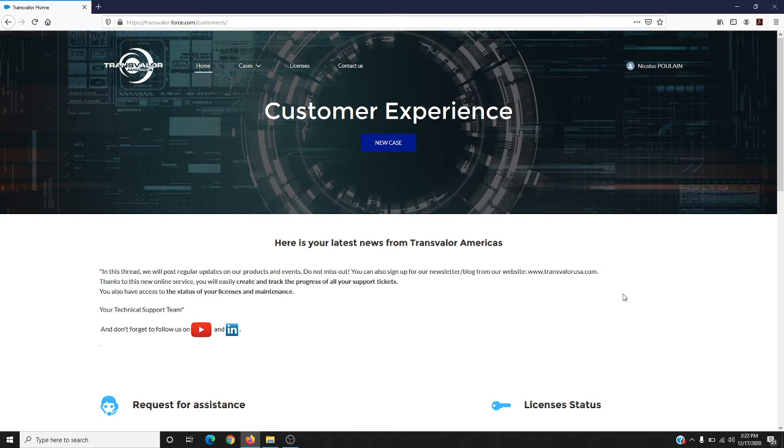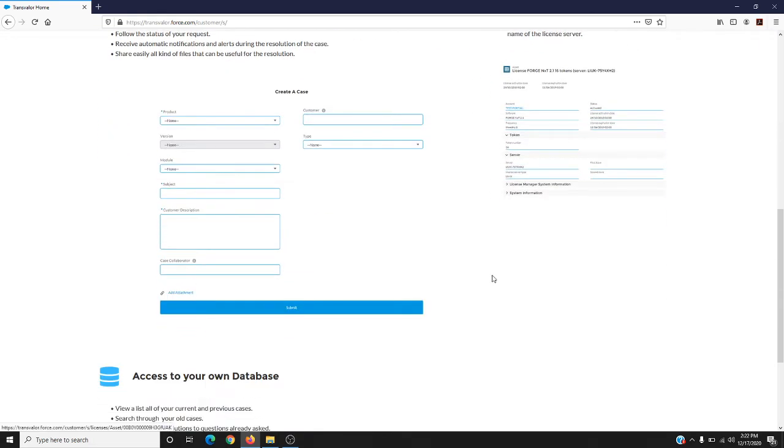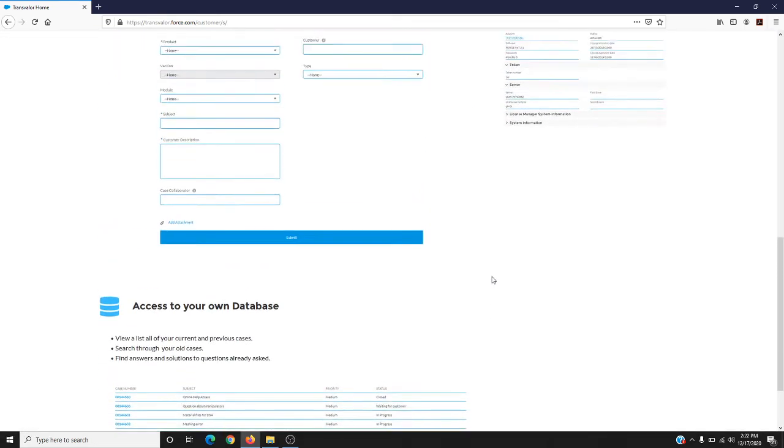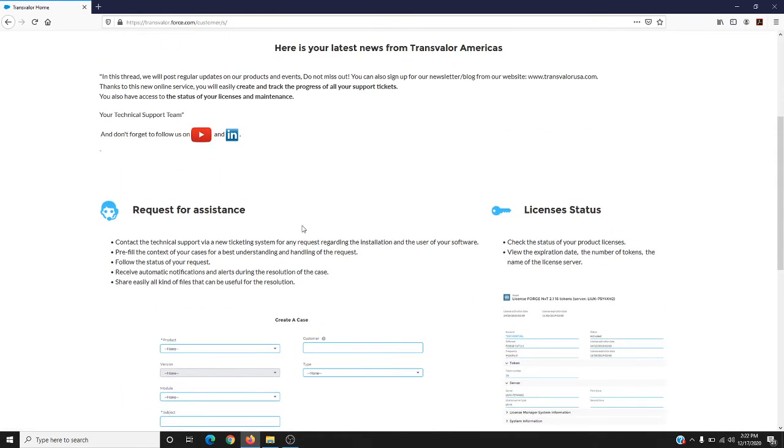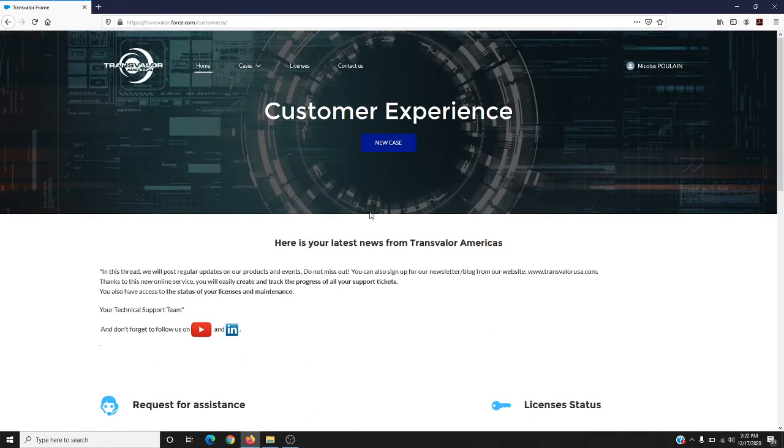Here, and we will improve or modify this page as well. But for now, you have some information here about database, license status, request for assistance. So basically, here you can open a ticket or a new case, as we call it. Okay, so you can click here,